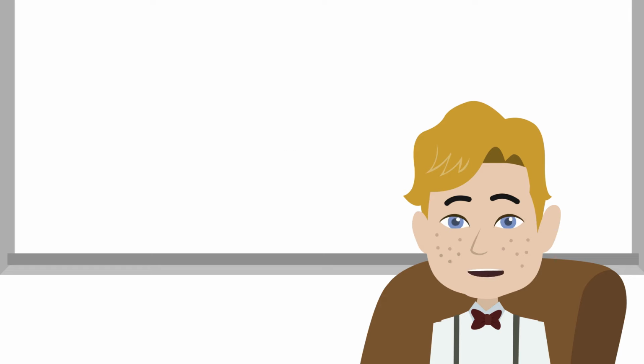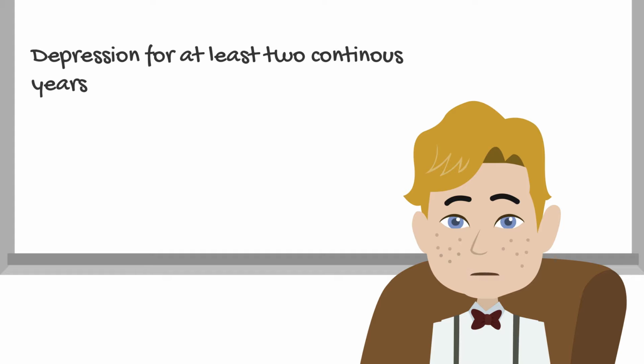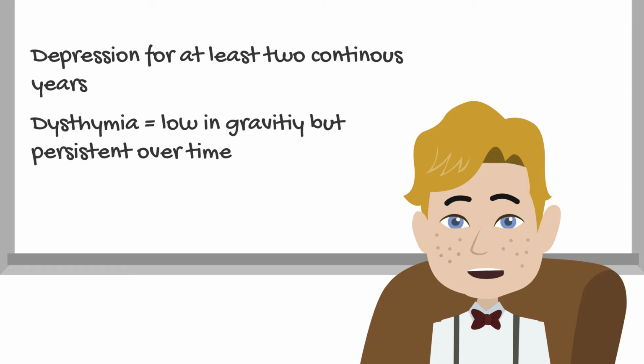Then there is the persistent depression or persistent depressive disorder. The persistent depressive disorder differentiates itself from the major depressive disorder with the element of time. The persistent depressive disorder is only diagnosed in patients that have been suffering from depression for at least 2 continuous years. Forms of depression which are low grade in their severity but persistent over a long time stretch are called dysthymia. Persistent depressive disorder is contrary to major depressive disorder, such as dysthymia.